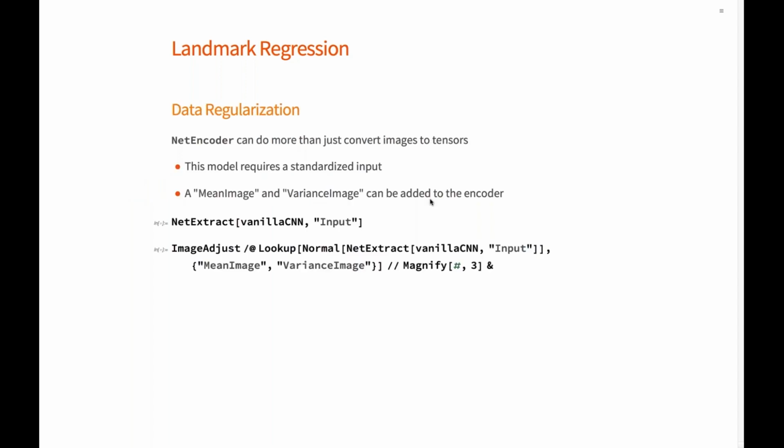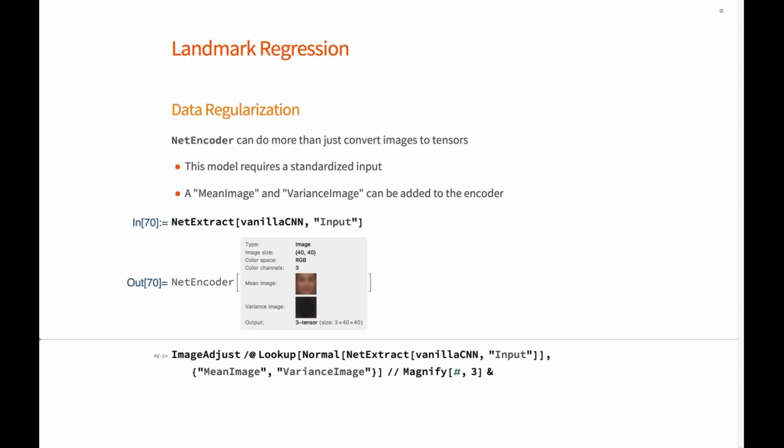Okay, first thing, this model has a specific requirement: it requires data to be standardized. And the way we can handle this within the framework is using some extra parameters in the net encoder, but I don't think they have been shown so far. So I wanted to quickly check on these.